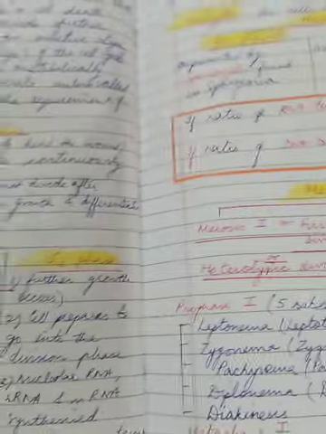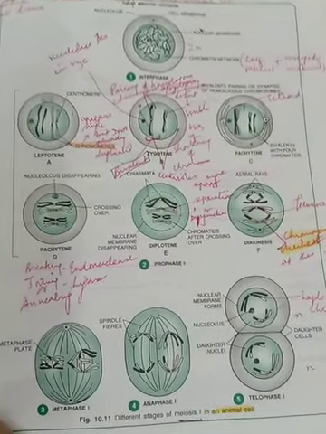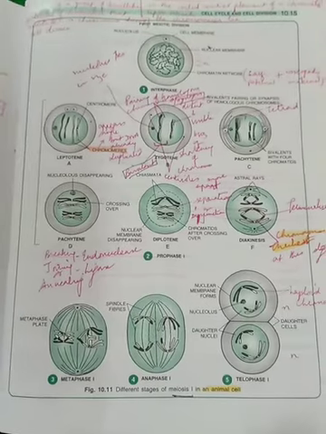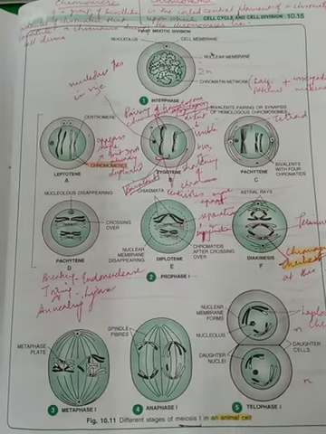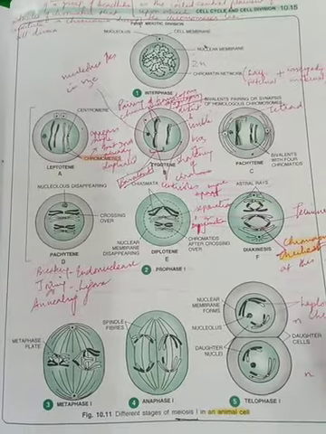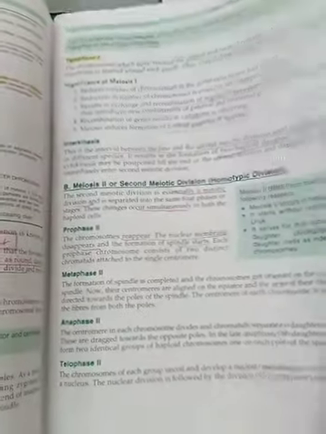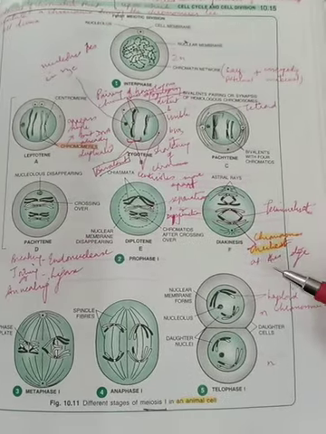As we go into the details, it is important that we stick to the diagrams given in your textbook for discussion. This will be page number 10.15. This is meiosis 1. So children, this process of meiosis is simple to understand. All you have to understand is the diagram and the detailing which we can describe in our own words. On the next page, that is after 2 pages, is meiosis 2. Today's discussion will be only on meiosis 1.